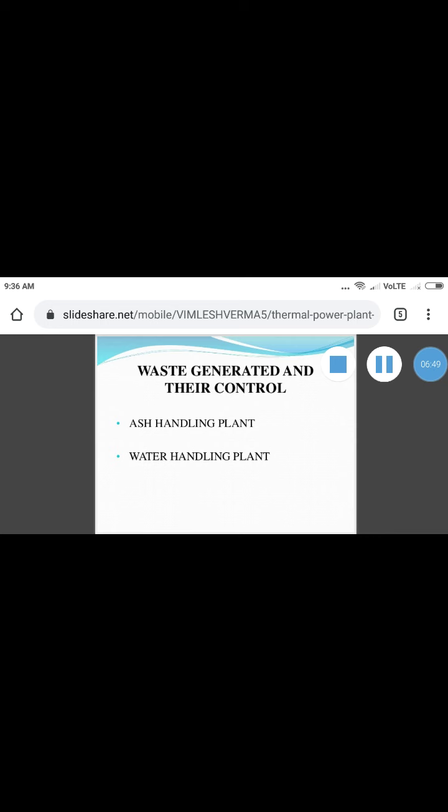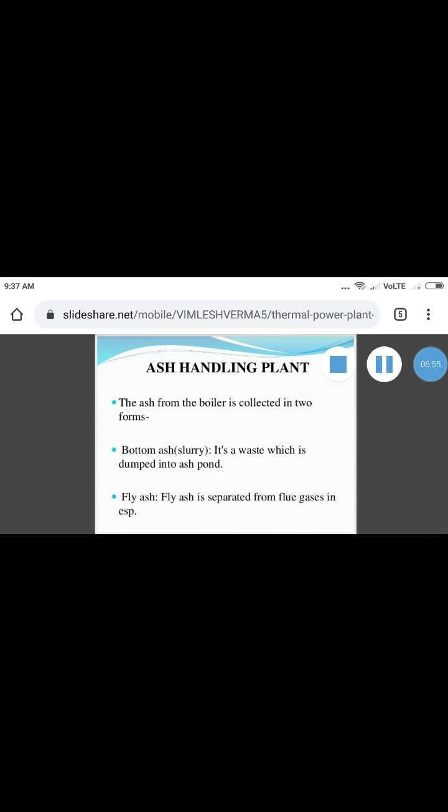Waste generation and their control. Ash handling plant, water handling plant. Ash handling plant. The ash from the boiler is collected in two forms. Bottom ash, that is slurry, it's a waste which is dumped into ash pond. Fly ash. Fly ash is separated from the flue gases in